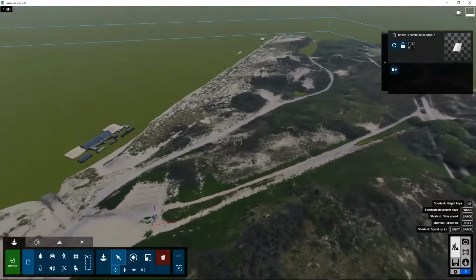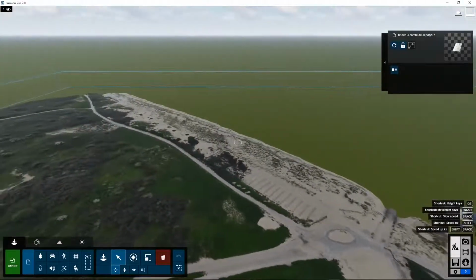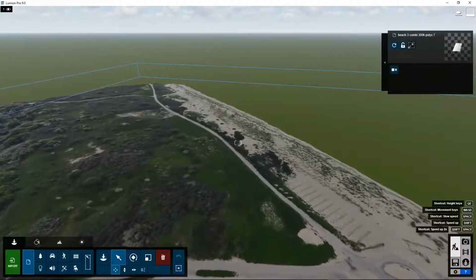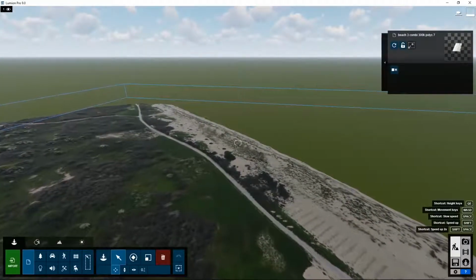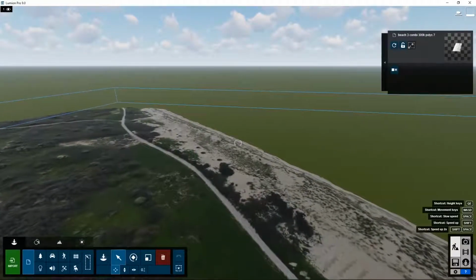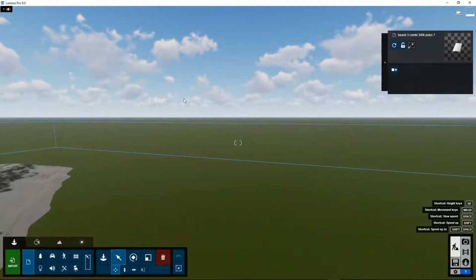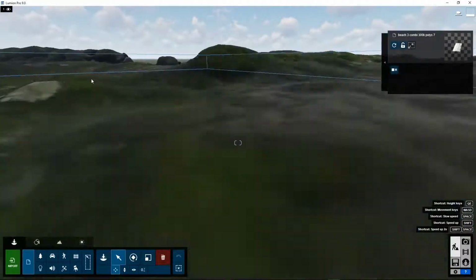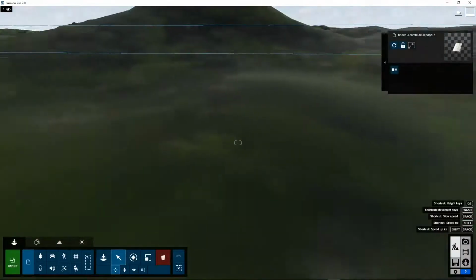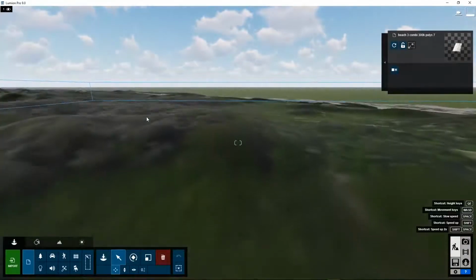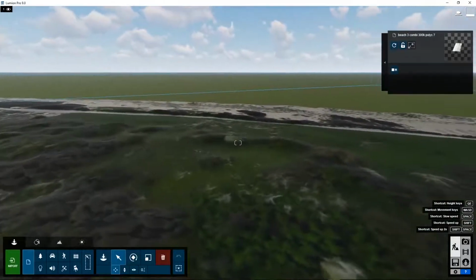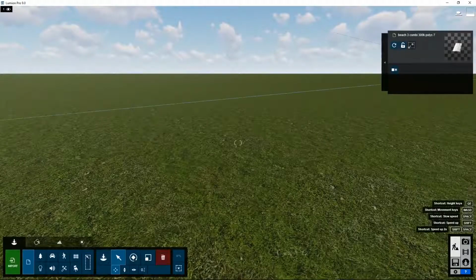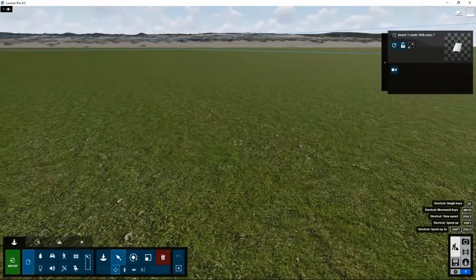For large areas, there's a quick way of moving to another part of it instead of flying with the W key. With the Shift key, it goes a bit faster. Shift and the space key goes even faster, but you can also double right-click, and you zap to that particular point straight away. So we go up. Now we double-click over here, and we zap to that point. Go up again,